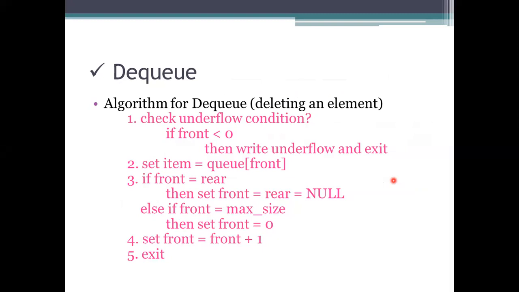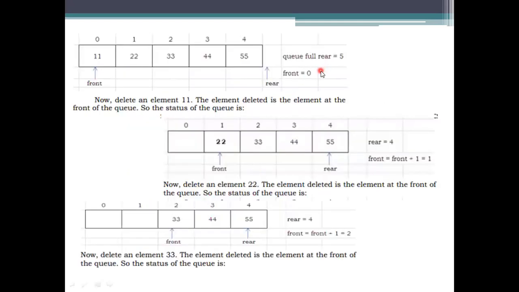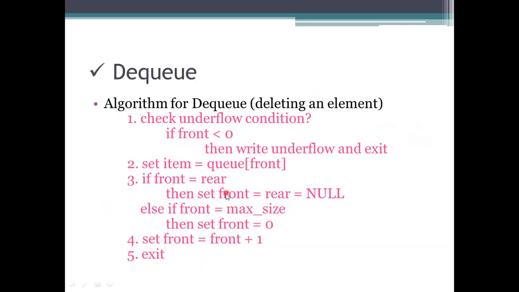How we are going to delete the elements here is we need to set the item. If it is not satisfying here, go for the next step, that is, set item equals q of front. So what is the current item here? Q of front is q of 0. Initially it is pointing to the 0 here, q of 0, and it specifies that this is the item to be deleted.